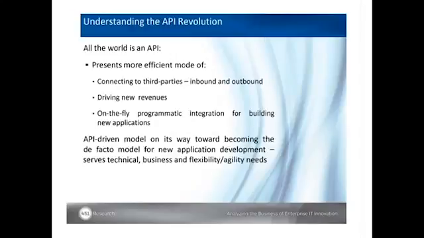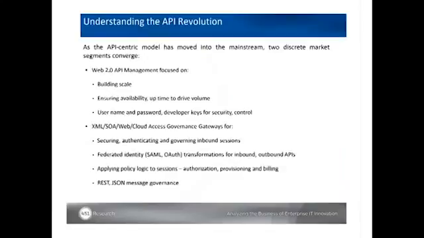The reasons for this are already largely evident. It's a more cost-effective way of getting an application up and running, requires less in the way of developer expertise in coding, and allows for reuse of resources as well as straightforward integration of third parties. Certainly, we think it's hardly controversial to posit that the API revolution has gone mainstream. With this API model going mainstream, we as an analyst firm have seen what were two discrete markets and functionality focuses converge on a set of requirements that span the developer community, the application owner, the enterprise architect, and increasingly